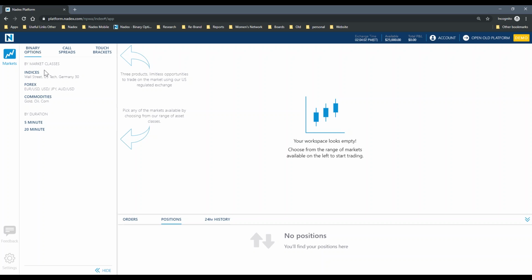You can see on the left-hand side here, this is going to be our main navigation window. So you see across the top, you have your binary options, call spreads, and touch brackets. And when I click through them, I see the different market classes available to trade underneath, obviously. Your 5-minute and your 20-minute are going to be down here at the bottom and not under forex and